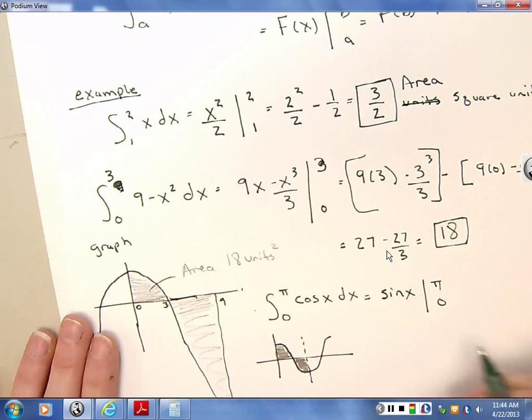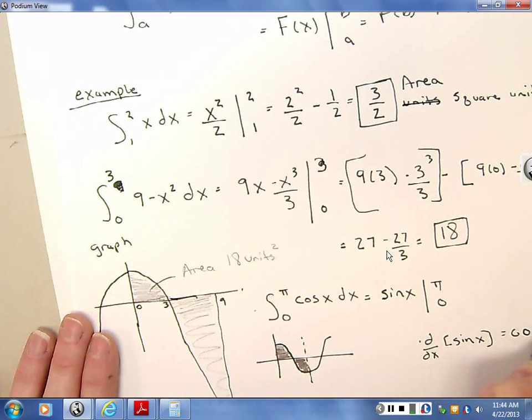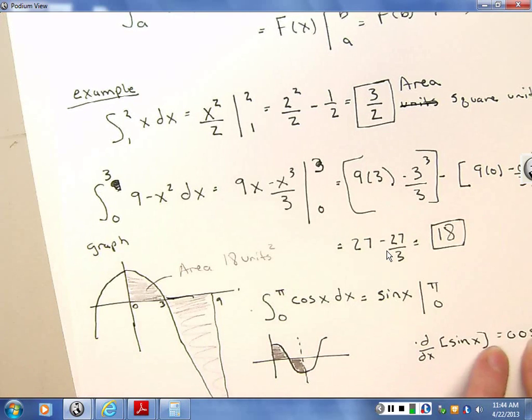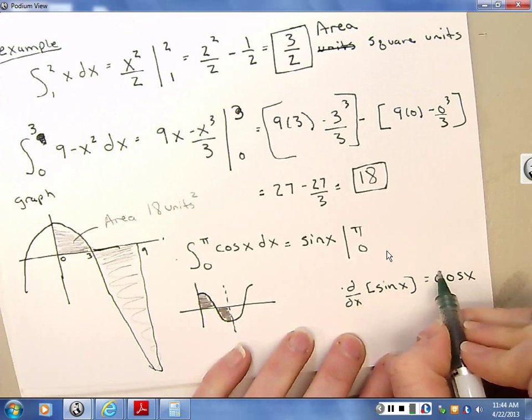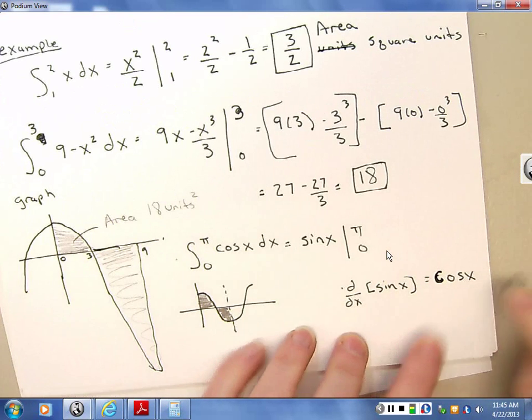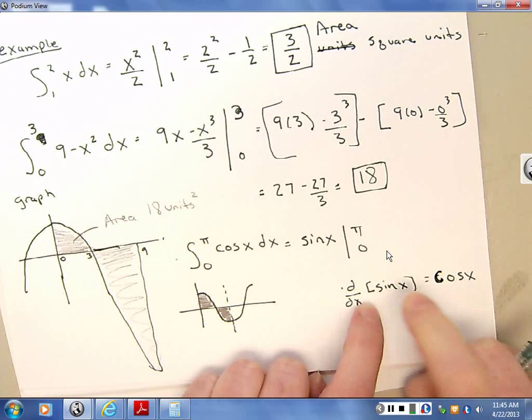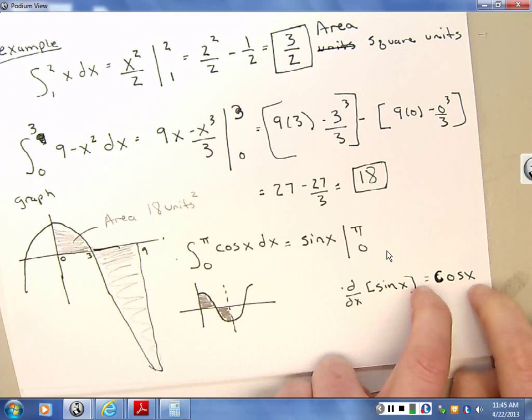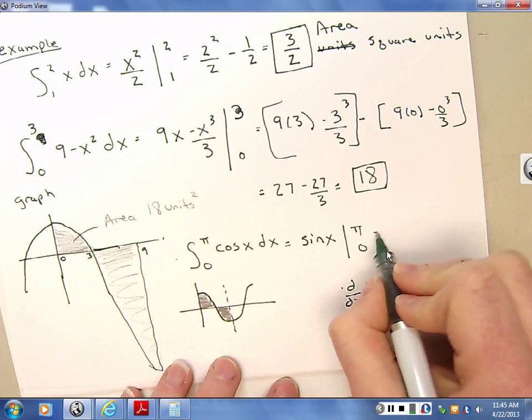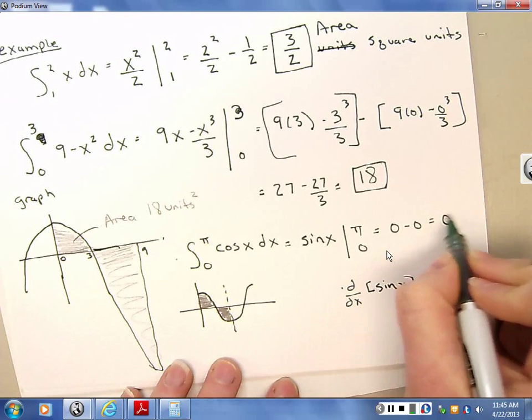So write it down. Take a minute. Say, what's the derivative with respect to x of sine? Well, that's cosine. If I integrate cosine, I get positive sine. The derivative of sine is cosine. So if I integrate cosine, I get positive sine, which would be 0 minus 0, which is 0, which makes